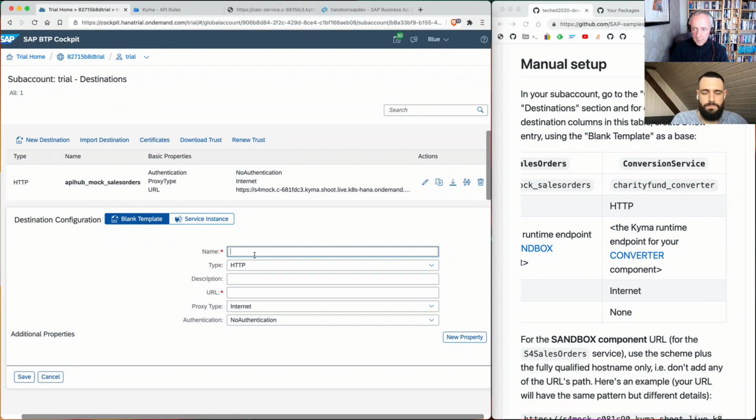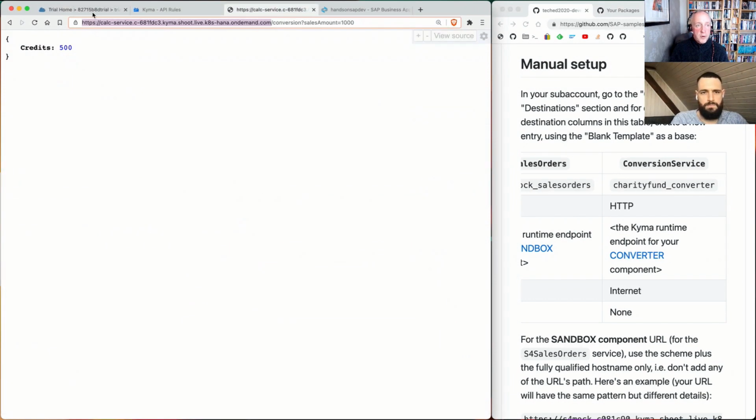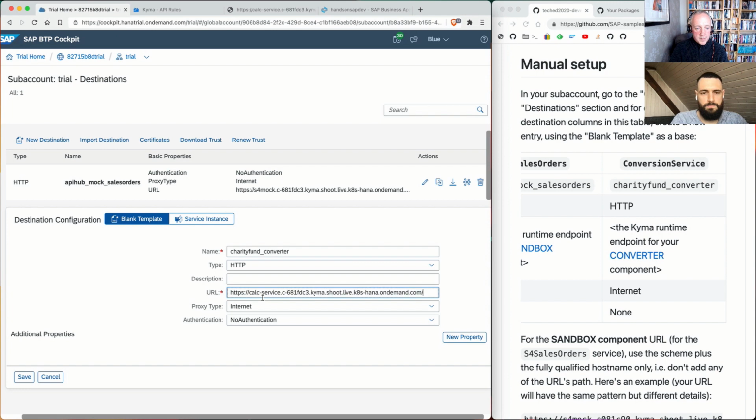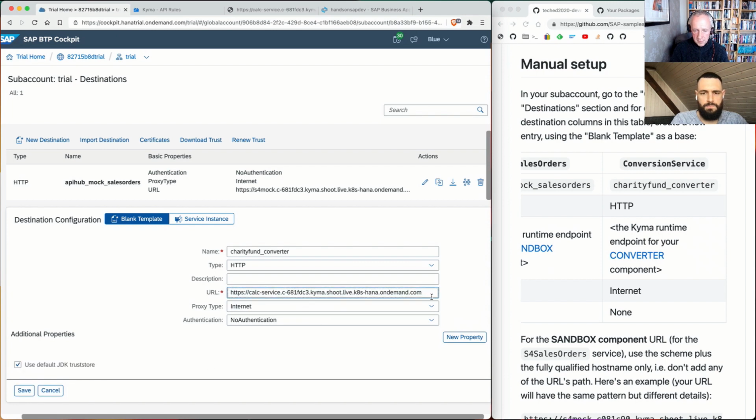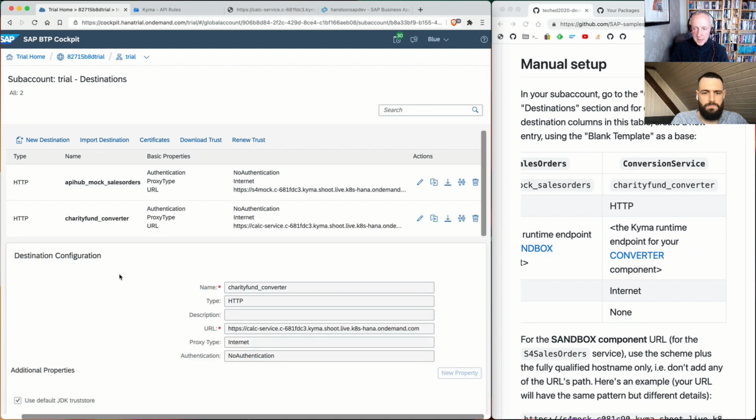So charity fund converter, paste that in. And we've got the URL, the base URL. Let's just be neat and tidy, get rid of that slash. Save, and that's it. The Kyma runtime endpoint for your converter component. Now, all we need to do, if I remember rightly,